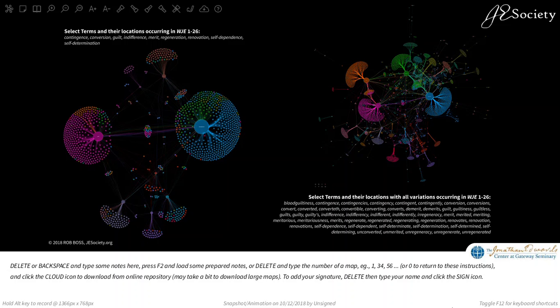Loading custom text into the annotation pane of JE Viewer down here at the bottom is a very easy thing to do. The first thing you'll need to do is prepare a couple of lines of text. Think in terms of a caption of what you want to describe up here in your graph, in your map,